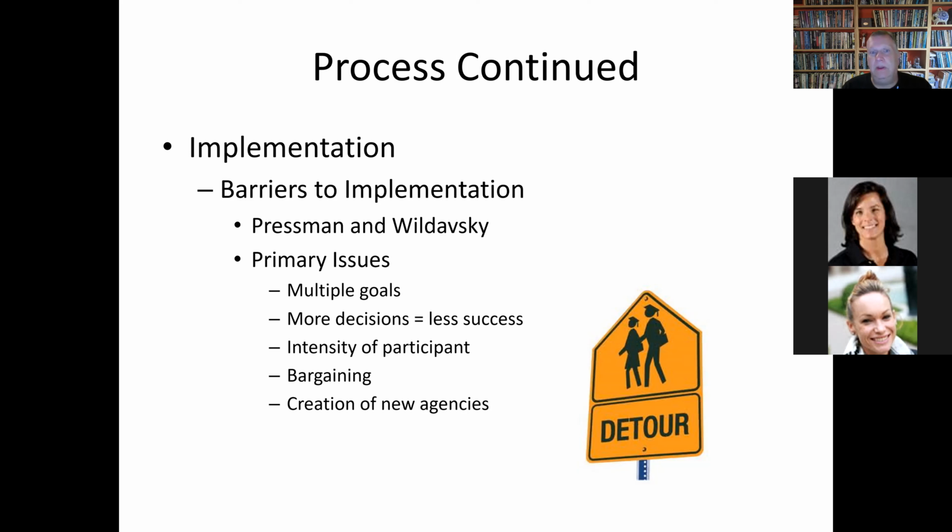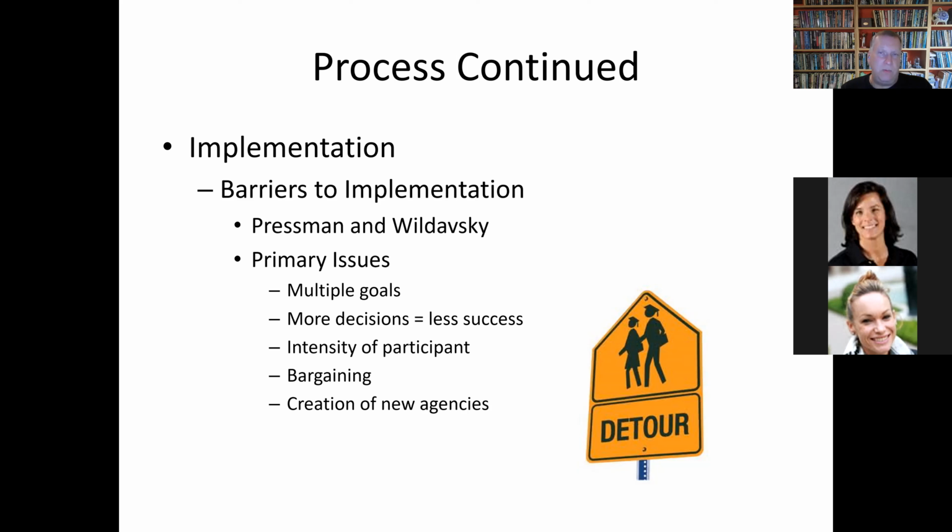implementation of that policy. The problem with creating a new agency solely responsible for the implementation of a policy is that Congress oftentimes does not adequately fund these new agencies, so they therefore lack the resources they need to properly implement the policy. There's a very famous study that you will cover when you get to 670 by authors named Pressman and Wildavsky. And Pressman and Wildavsky in the 1960s and 70s looked at the implementation of a policy called